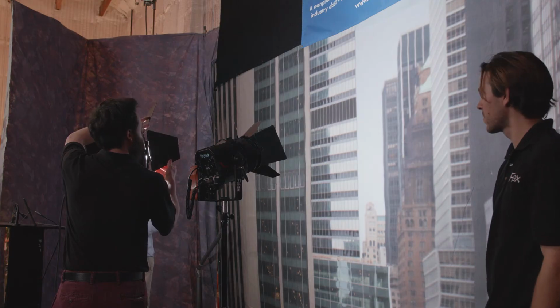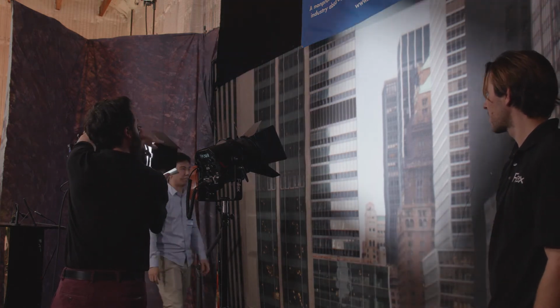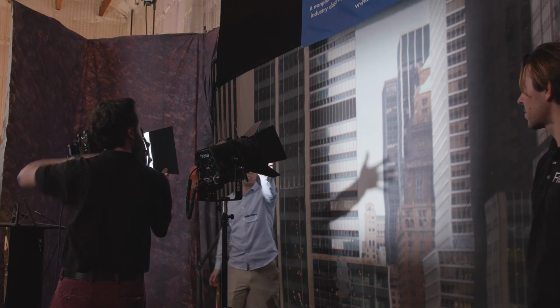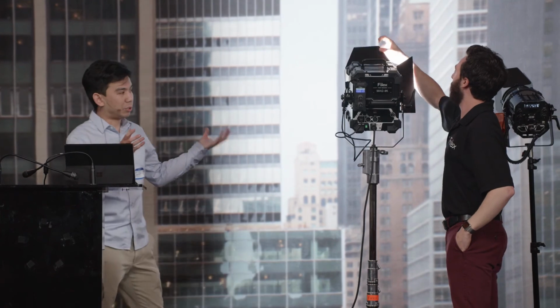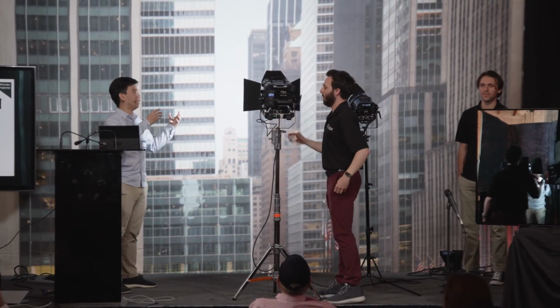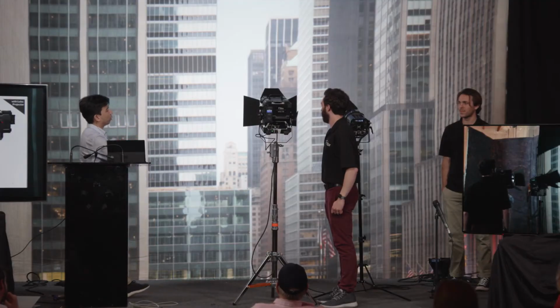And again, because the point source is actually no bigger than a silver dollar, we can cut quite sharply. We're probably less than 6 feet away from the stage, and I can still cast a really good shadow. No color fringing or anything like that, because once you start packing things very close together, it basically looks like a point source. Take any fixture, put it 20, 30 yards away from the camera, and it looks more and more spotty. This fixture, if you look at it on the wall at 100 degrees, although it can be used as a wall wash,